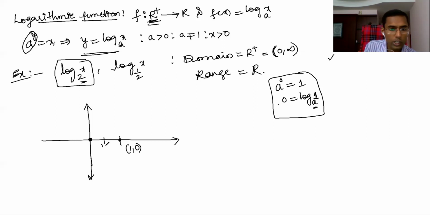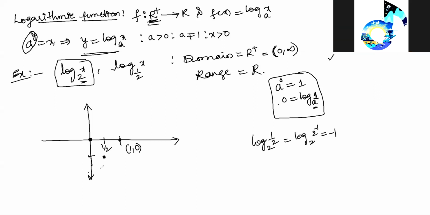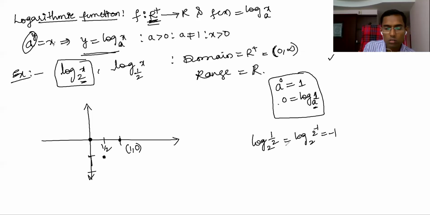Now log 1 by 2. If I take 1 by 2, it is minus 1, because log of 2 power minus 1 to the base 2 is minus 1. Log 1 by 4 to the base 2: 1 by 4 is again half of it, so it is minus 2. Then this curve will be like this. And for 2, log 2 is 1. Log 4 is